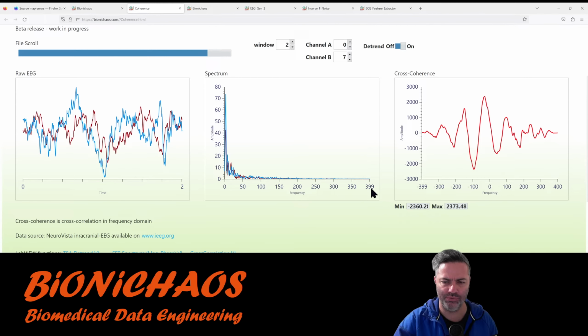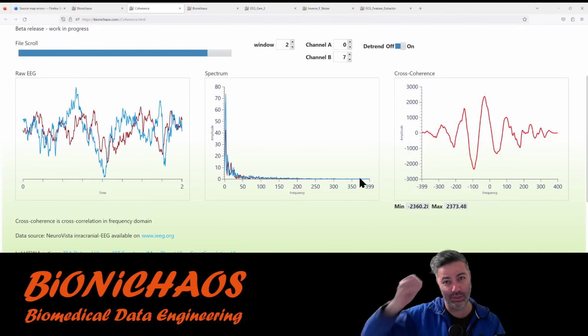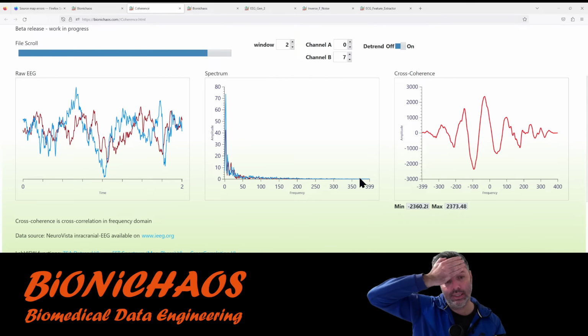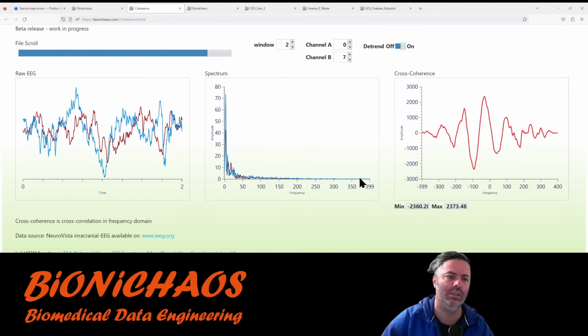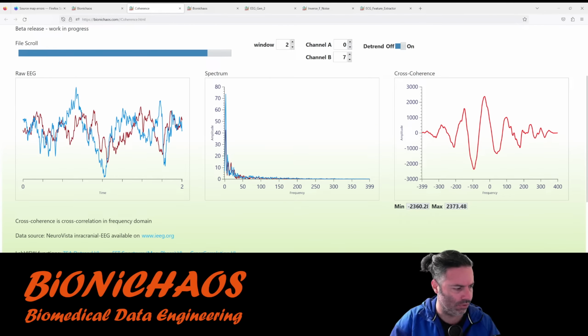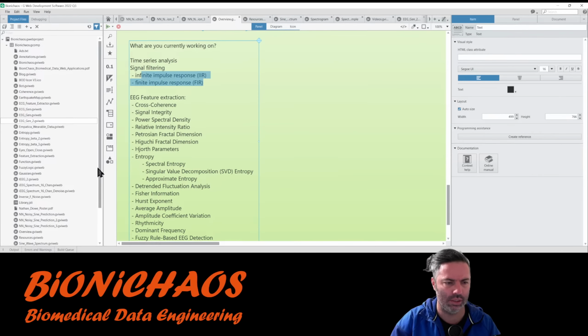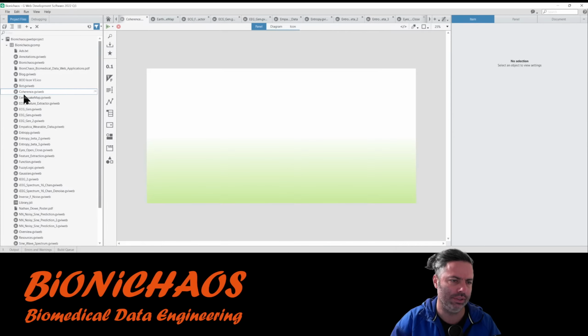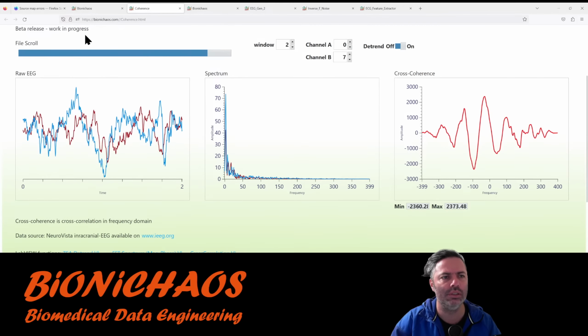Probably need the frequency goes up to 400, meaning does it mean it's 800 sampling rate? Let me double check that. Called cross coherence, which is coherence in this case.